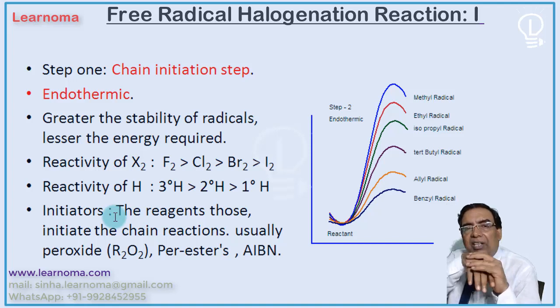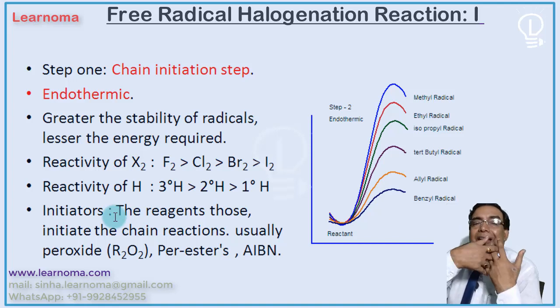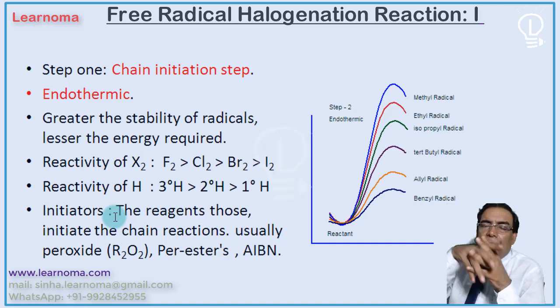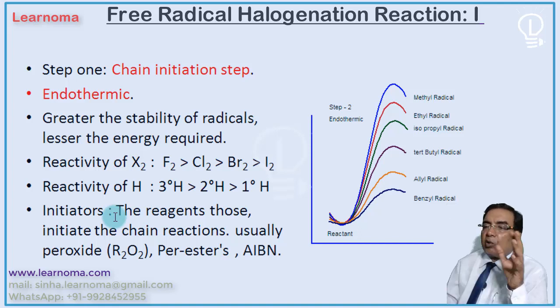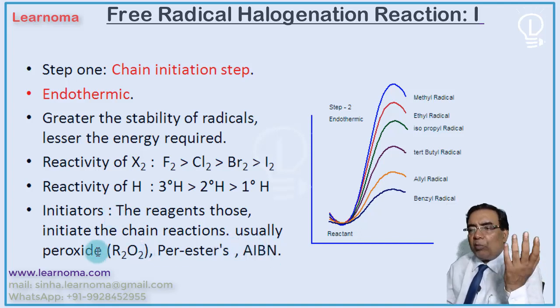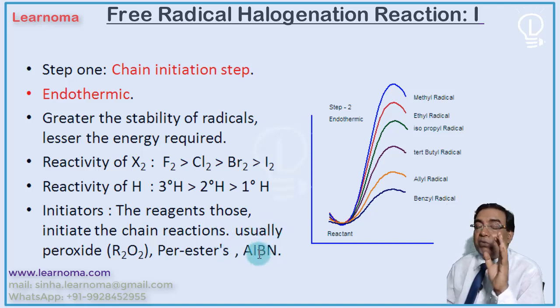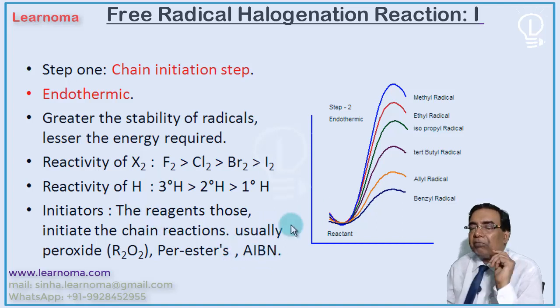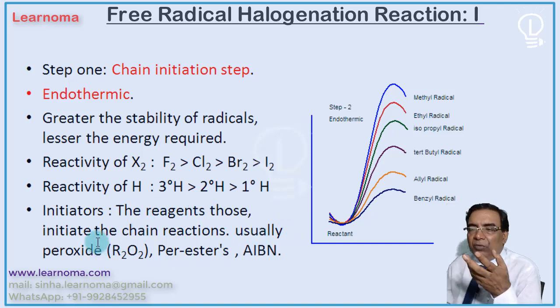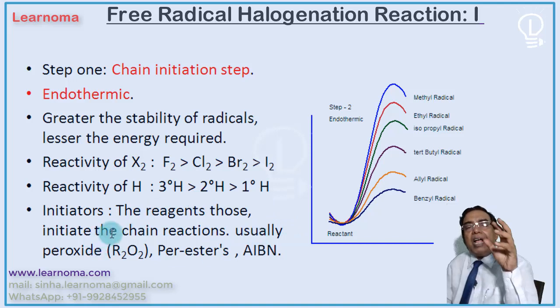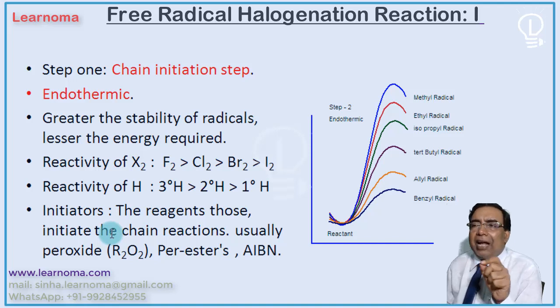There are many species which form radicals very readily. For example, all peroxides, whether normal H2O2, alkyl peroxide, or even peresters, or azo-isobutyronitrile. This is somewhat synthetic. It is used very much in synthetic processes. It is also used for radical production. These are radical initiators. When we have such a species in any reaction mixture, they will initiate the reaction.